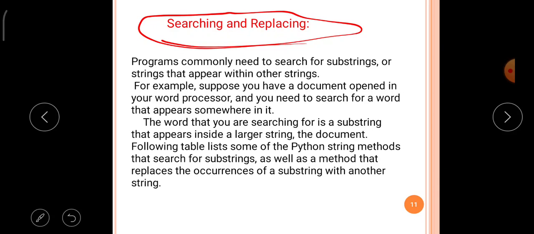For example, if a 500-page document is there, I want to search my name, Satyam. It will search the total document and give the result. In place of Satyam you can replace something, which is also possible with the searching and replacing methods of string functions.